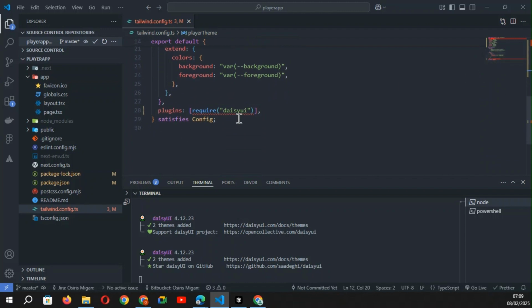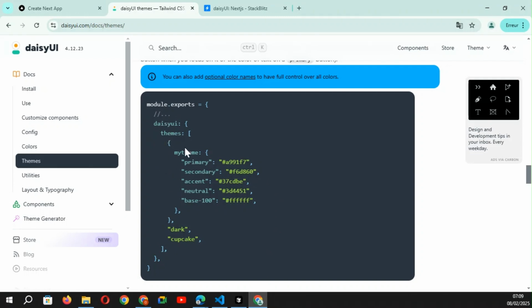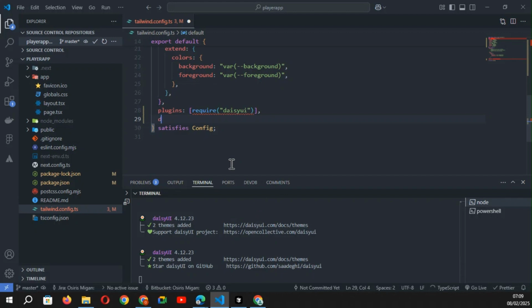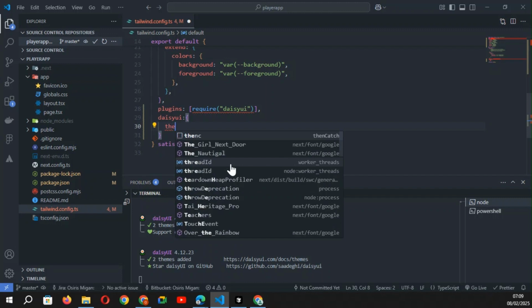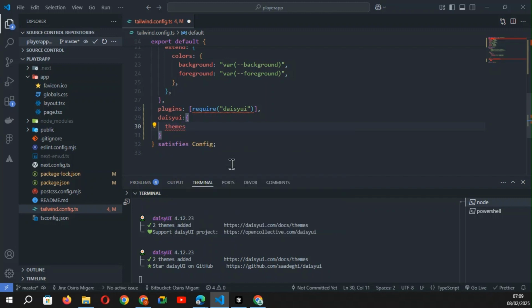So just here I can do, when I see the docs Daisy UI after theme after the array, I can do the same thing. So Daisy UI, after themes,